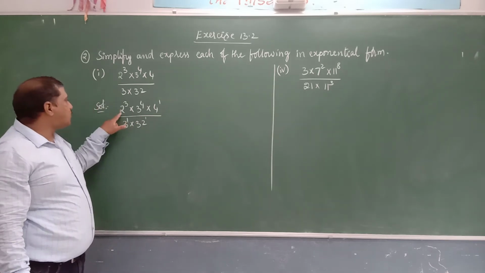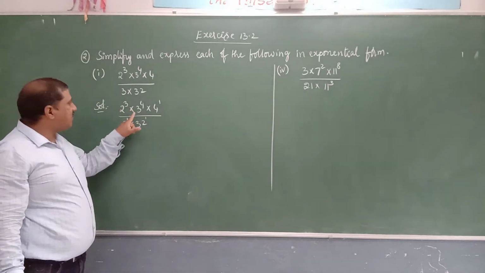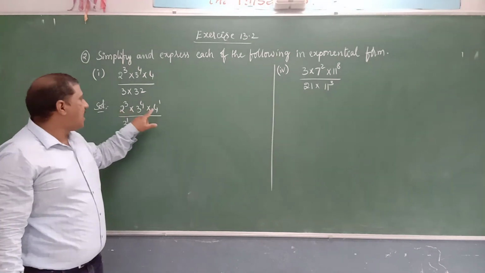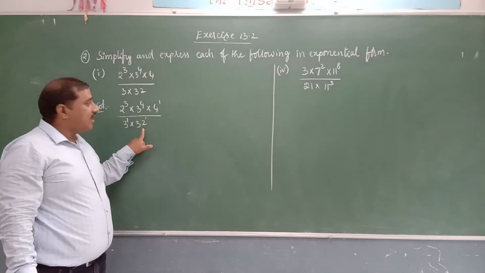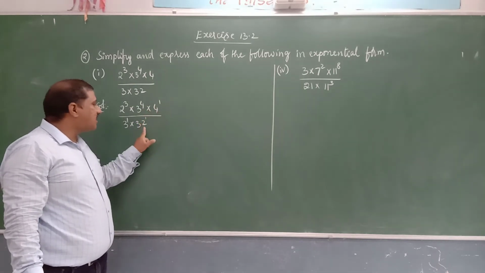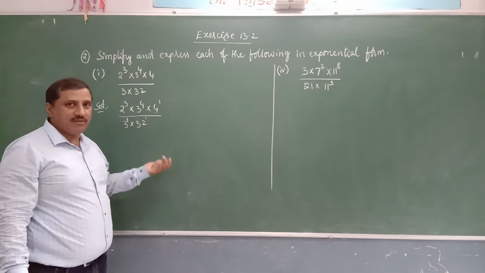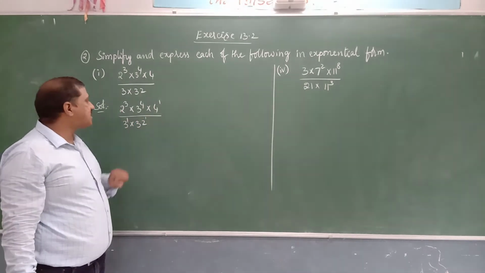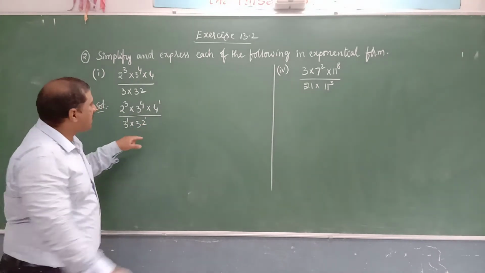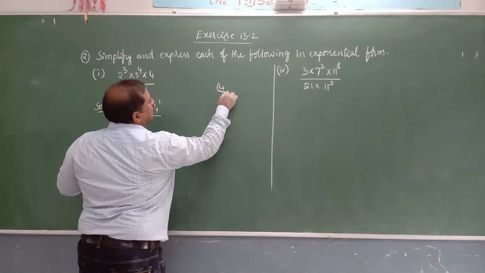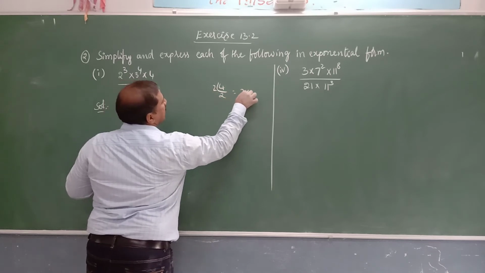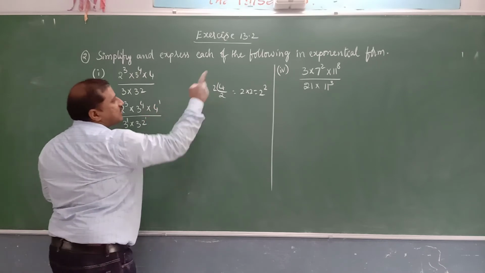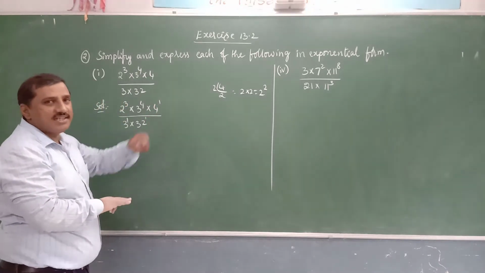If you observe here, we have the same bases for 3 to the power of 4 and 3 to the power of 1. And here we have only base 2, here 4, and here 32. Try to convert the numbers 4 and 32 into exponential form whose base is the same. It is 2. Write the prime factors of 4 and 32. The prime factors of 4: 2 twos are 4, we get 2 into 2, that is 2 square. So 4 can be written as 2 square.